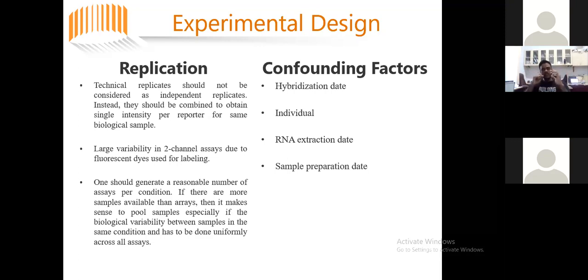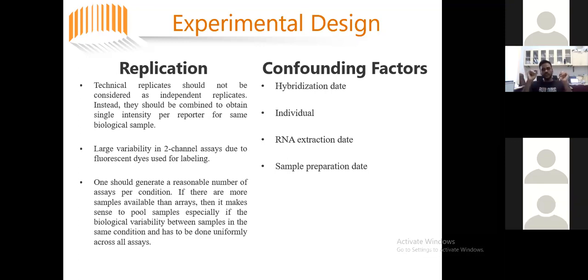Ideally, all the samples must be processed on a single date so that no batch is allowed. So for proper data, after normalization we also need to do the batch correction so that the data is ready for differential gene expression analysis between the two conditions.